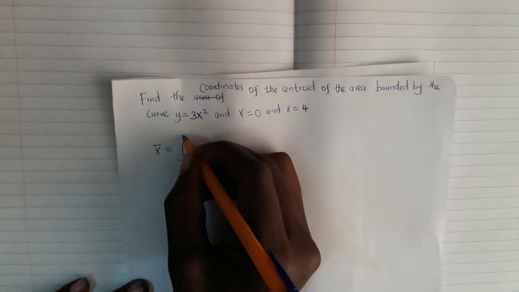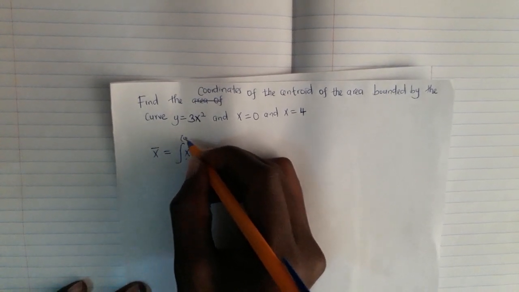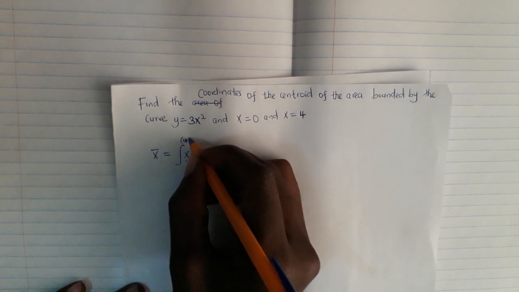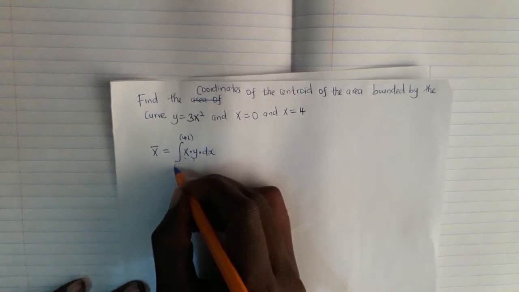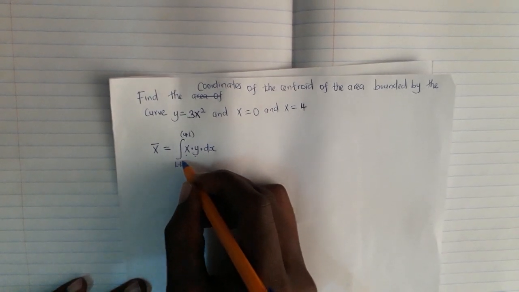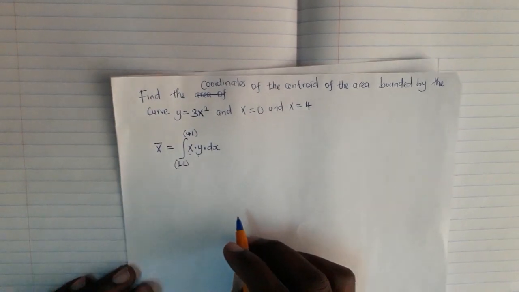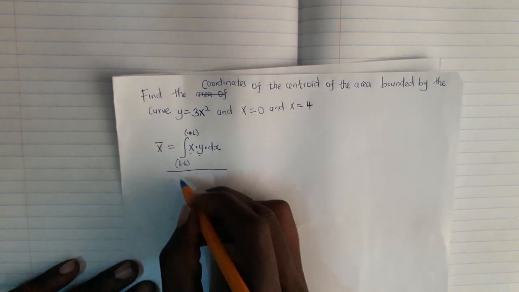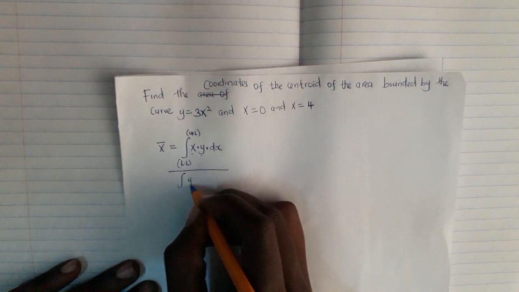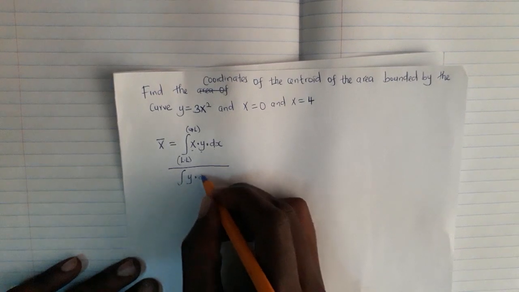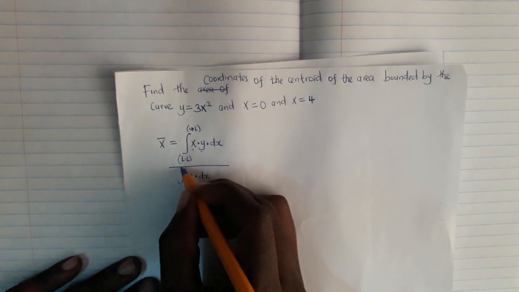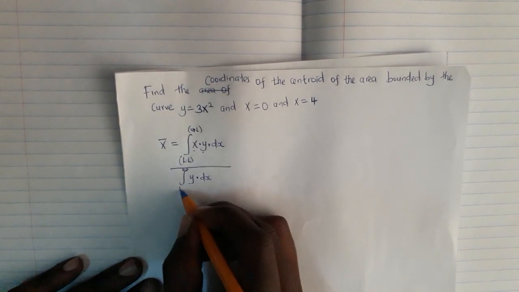But then we have our limits here, which is the upper limit, abbreviated as UL, and then our lower limit, over the integration of y with respect to dx. Here we have our upper limit and our lower limit, and then our y